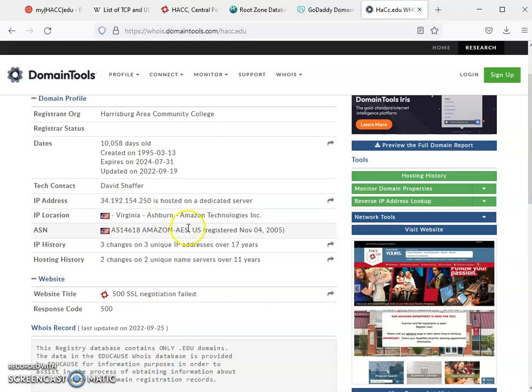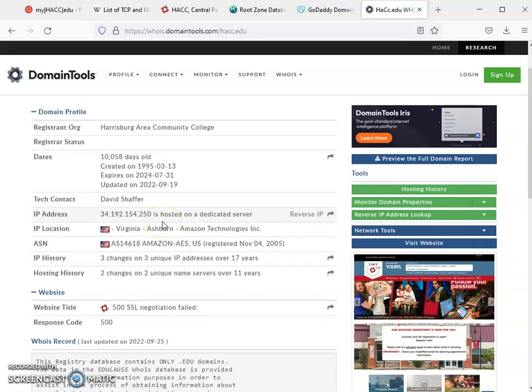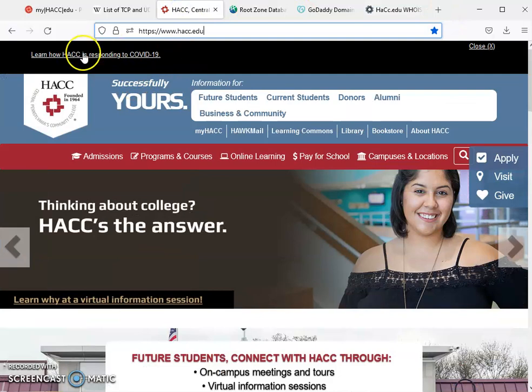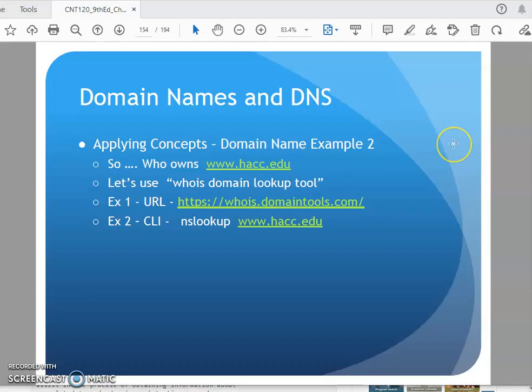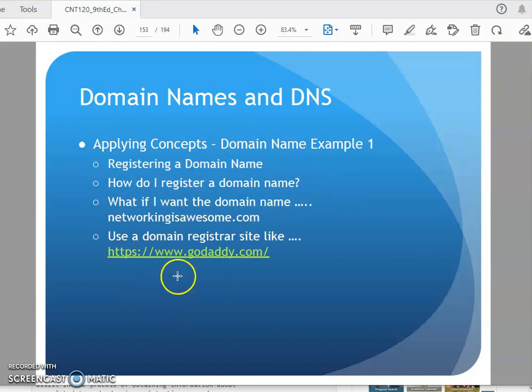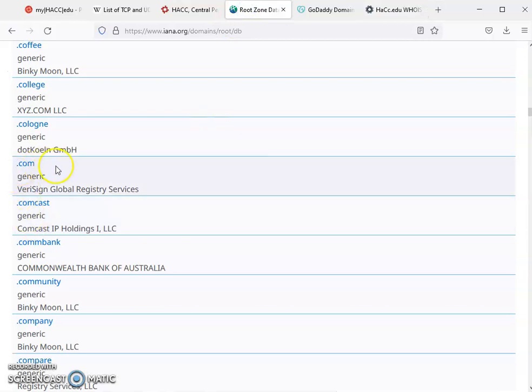As hack.edu registered this domain and updated it, they plugged in all their contact information, and they also plugged in, hey, point to this IP address, to this server, so that when people pull up hack.edu, they get to the web server that has this information. So when people buy a domain name, go back here one step, you have to plug all this in and register it, and this place right here is going to share that information, usually within a handful of hours, sometimes 24 hours. They're going to share that information with this entity,